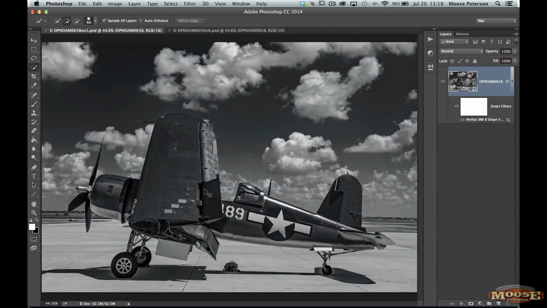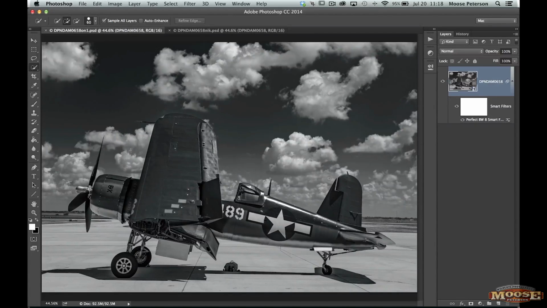Now, can you get rid of this in Nick? Yeah, it's going to take a little time. Can you get rid of it in post and Photoshop? Of course, but it's going to take a little bit of time. But when I can come up with this real cleanness, look at the clouds in the sky, around the plane, everything else, just that fast, that easy, that's why right now my favorite is the OnOne